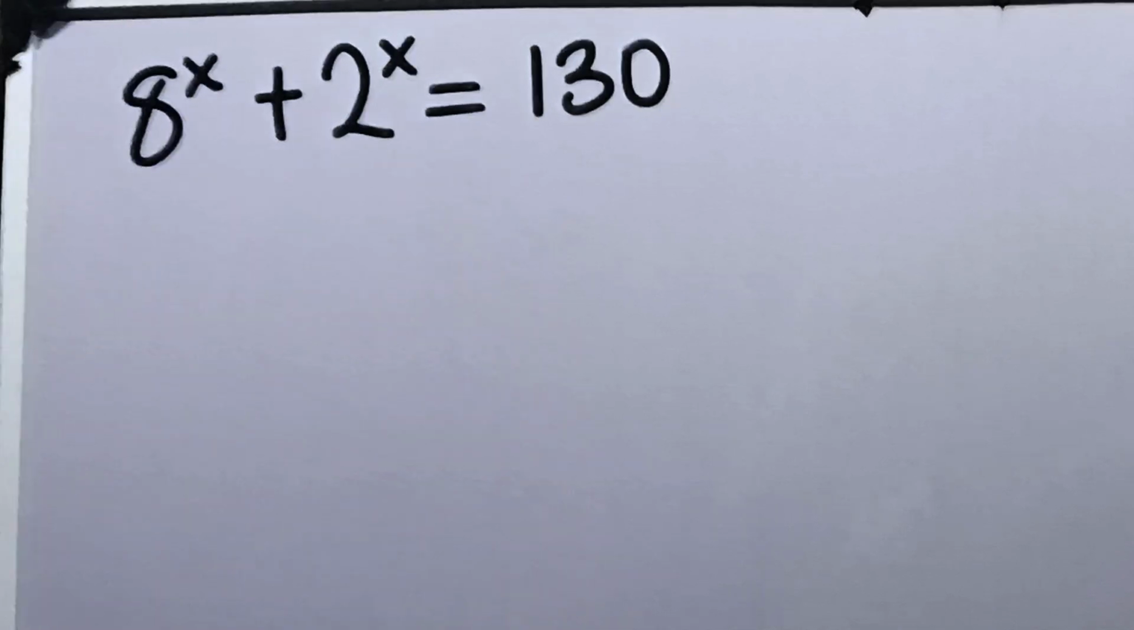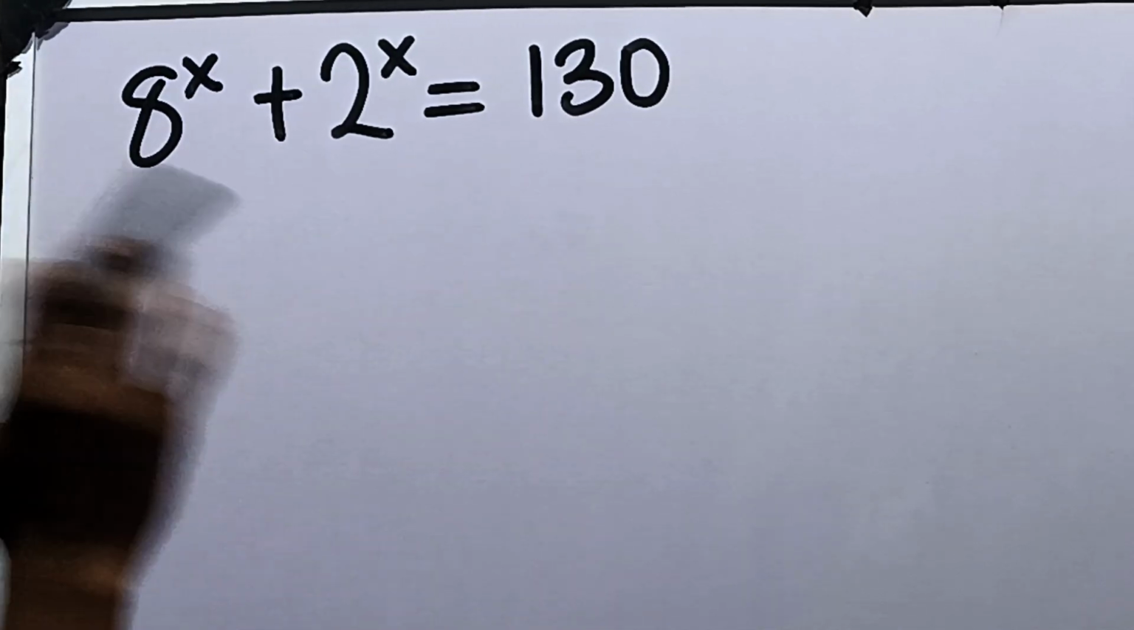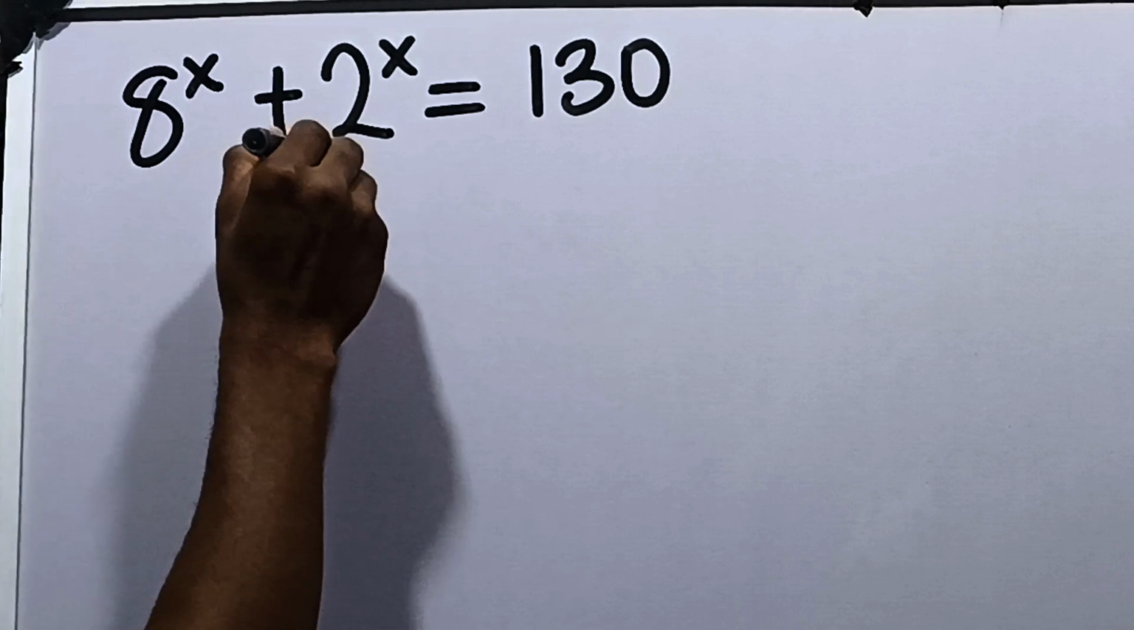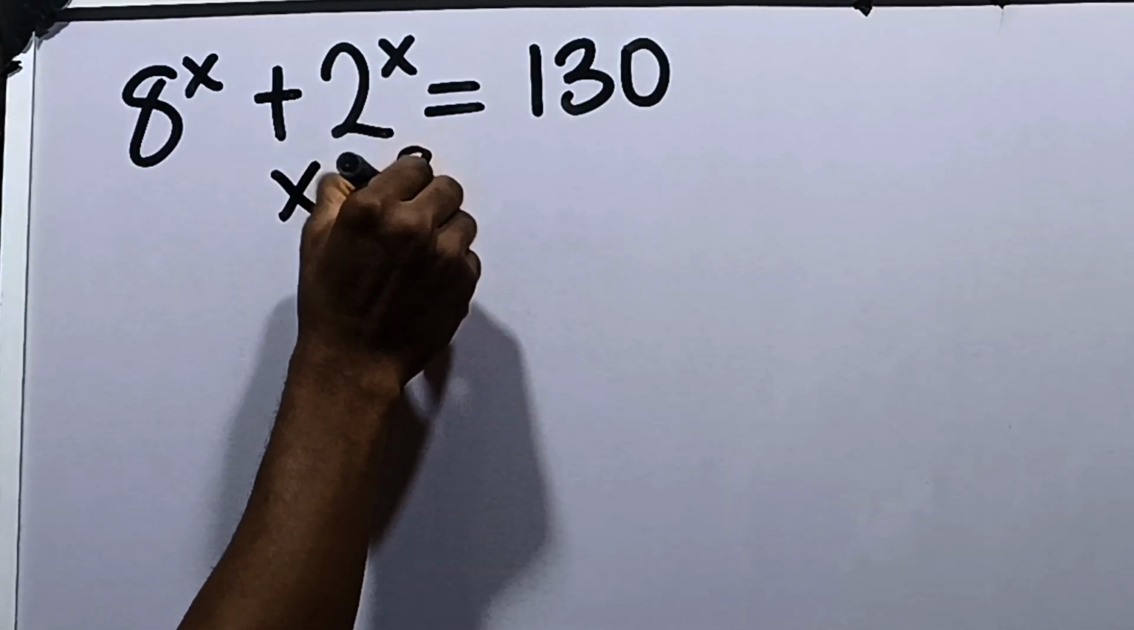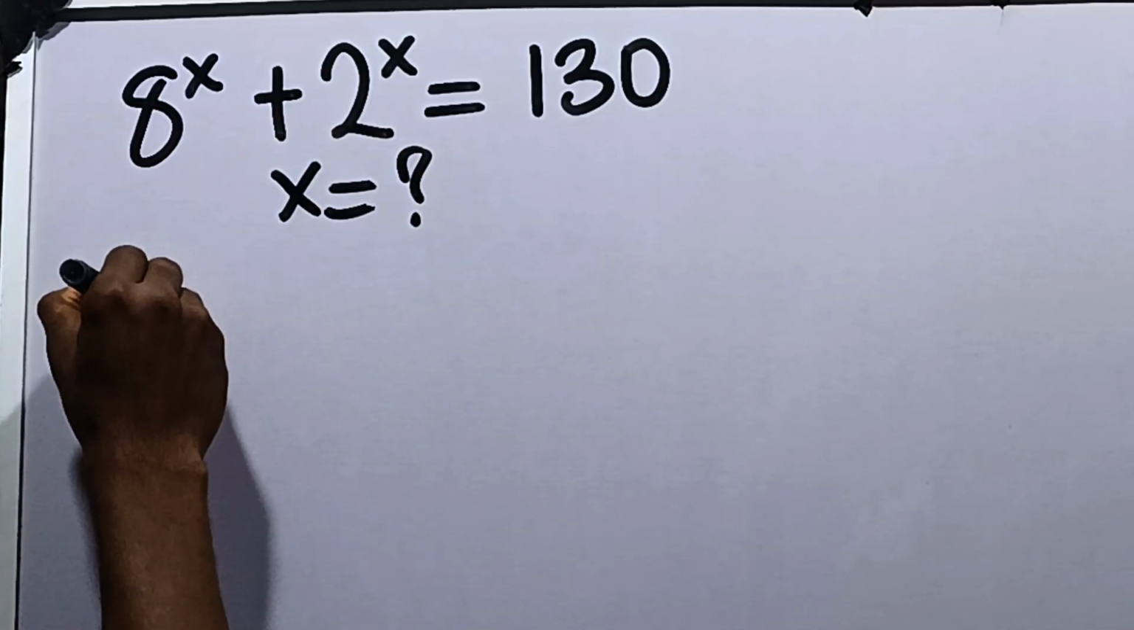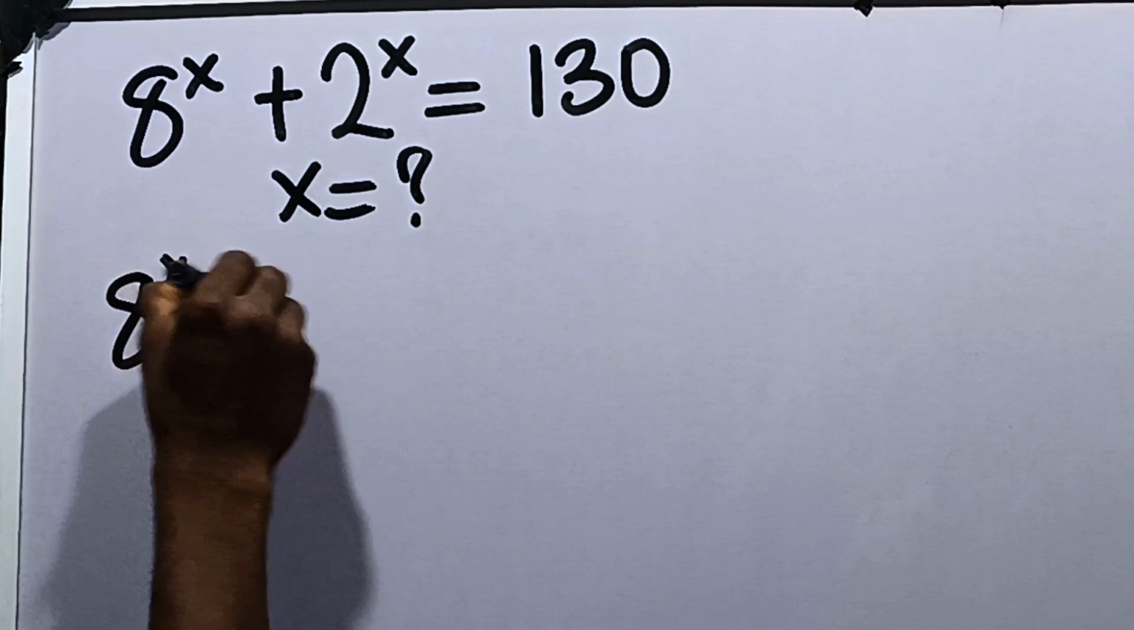Let's solve this together. It says 8 raised to the power x plus 2 raised to the power x equals 130. We're required to solve for the value or values of x in this question. Okay? Now, first things first, you can say that 8 raised to the power x is equal to 2 raised